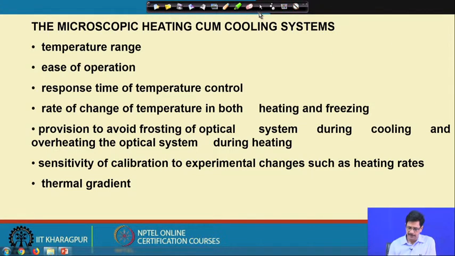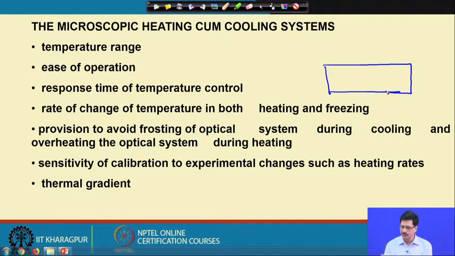Okay, so thermal gradient is of course one situation where, irrespective of the small size of the sample and the small area in which we are conducting these heating freezing experiments, there could still be minor thermal gradient. That means, for example, we take a wafer, this is our wafer, and within that wafer there is one inclusion which is here, and in this particular inclusion we are doing the homogenization experiment.